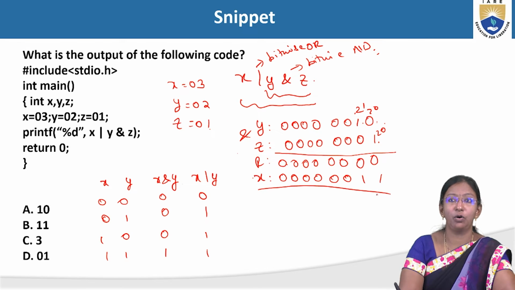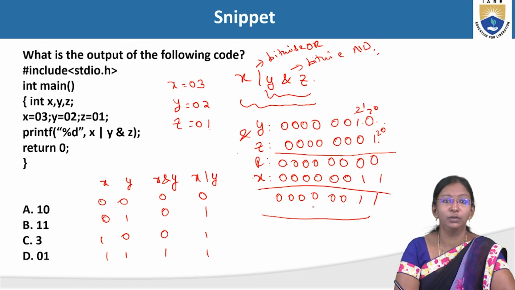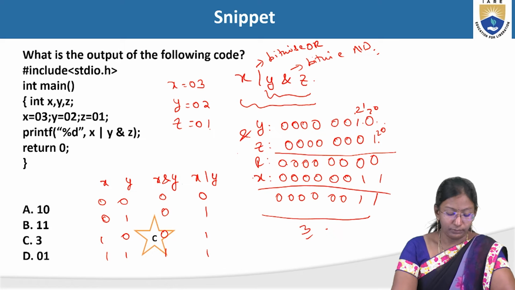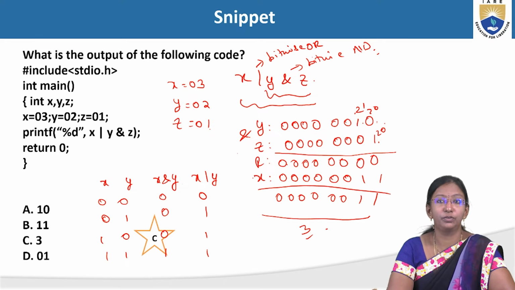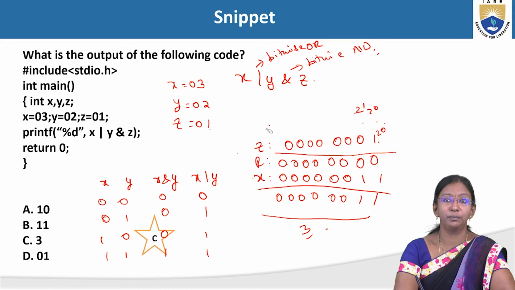Now let's calculate OR of 1, 1. The remaining are all zeros. Then convert this into decimal. So 3 is the answer. I just hope you understood that, right? So simple, but guys, what if you do not remember? If you don't care about remembering the precedence, let's see